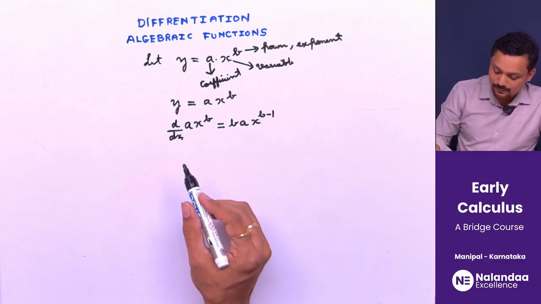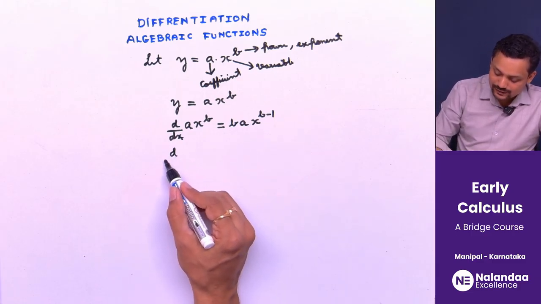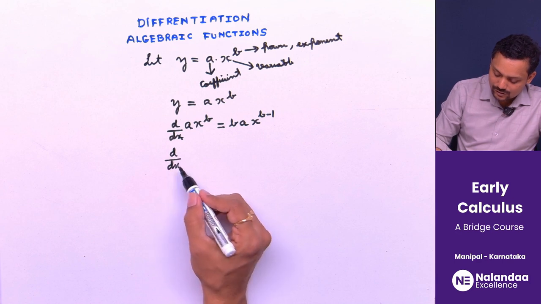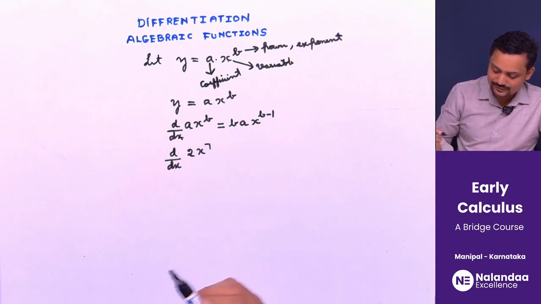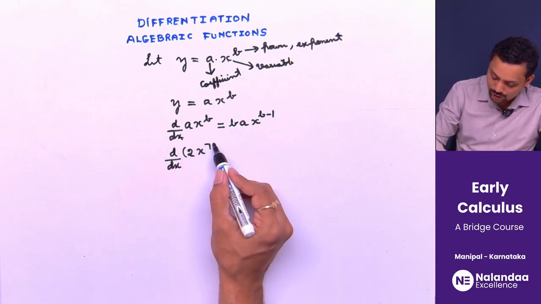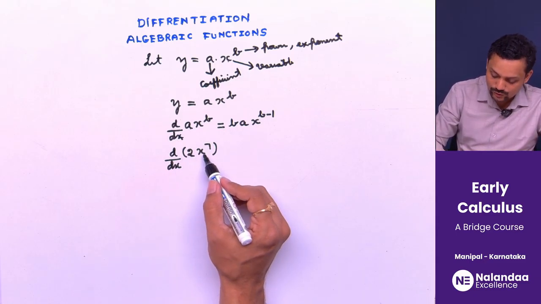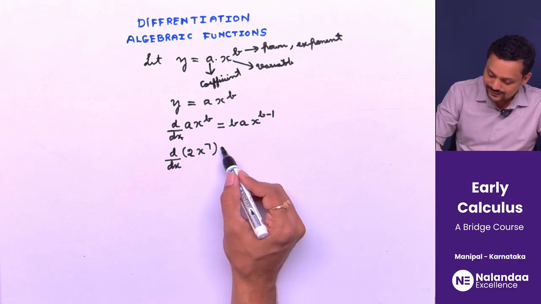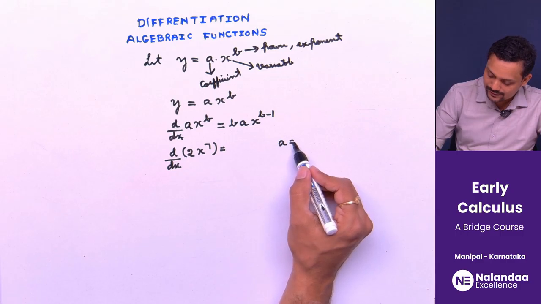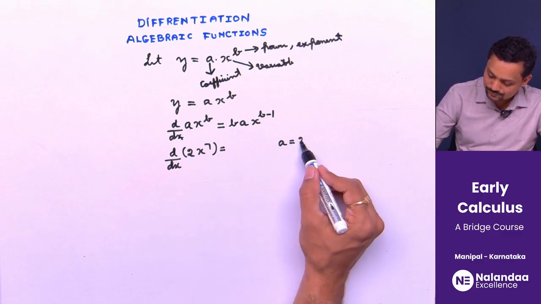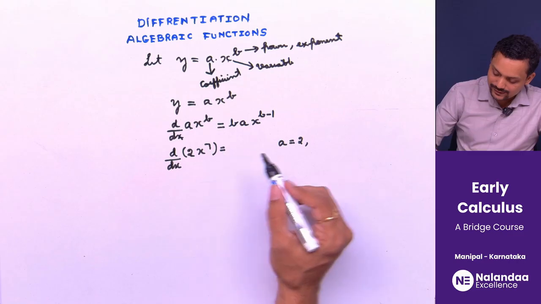To take a simple example, let us say we have d by dx of 2x power 7. Suppose I want to find the derivative of 2x power 7. As I said, in the beginning you can write the details. Here a is 2, b is 7,